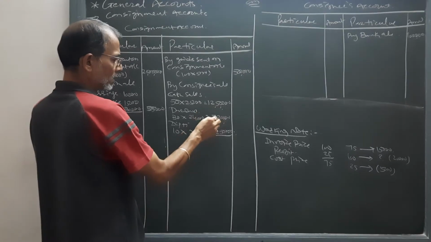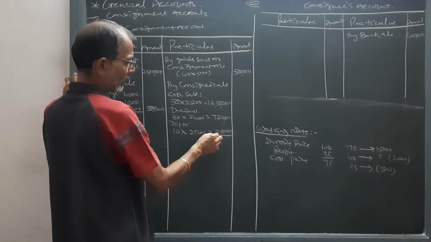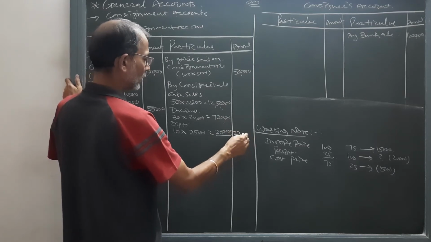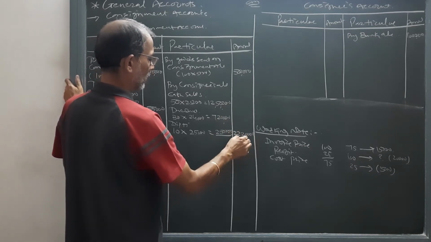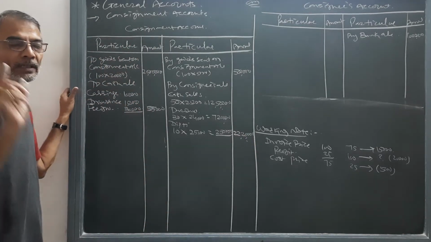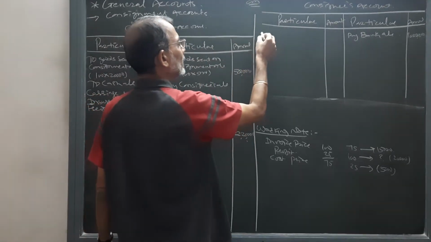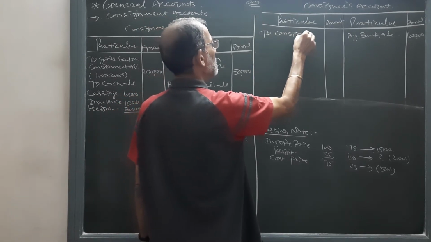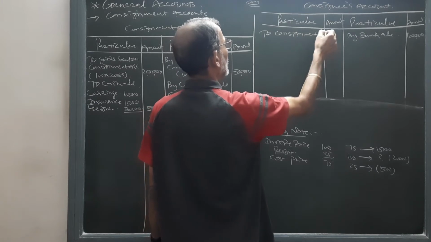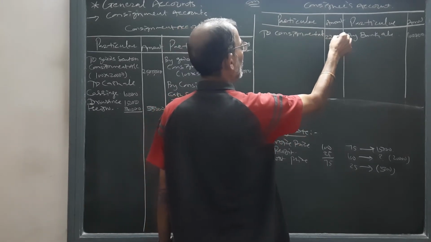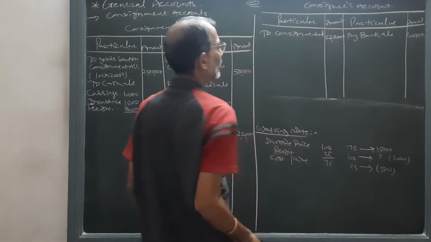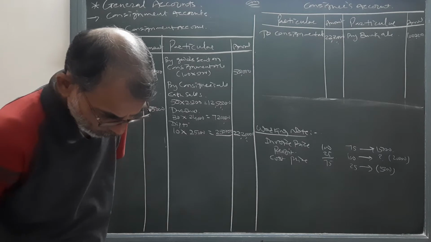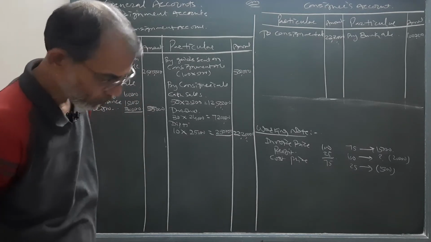So 12 and 7, 19 and 2, 21, 22, 22 lakh 20,000. The second entry of that will be written on the debit side of the consignee's account to consignment account 22 lakh 20,000. Then after expenses incurred by Summer Electronics